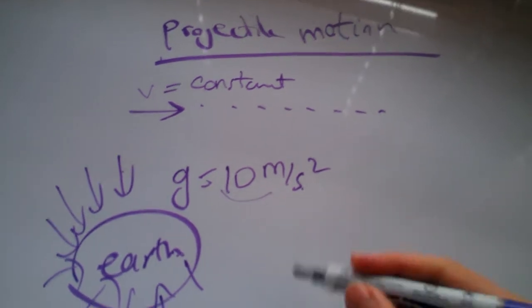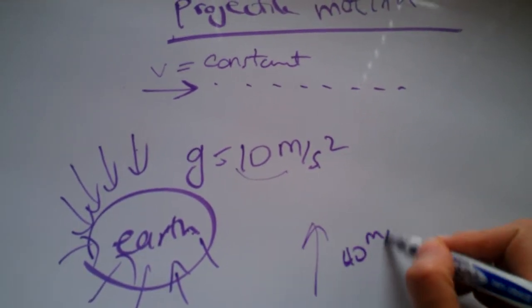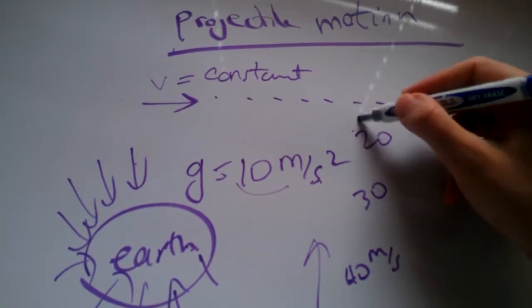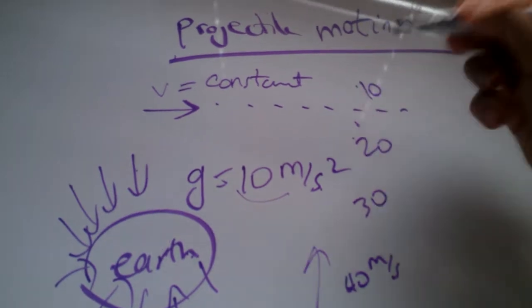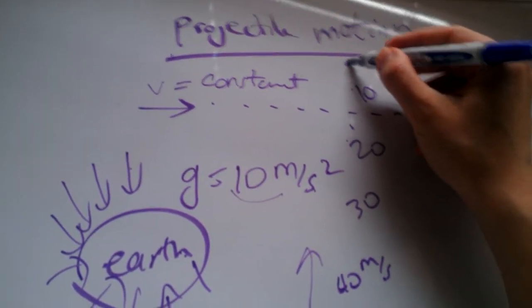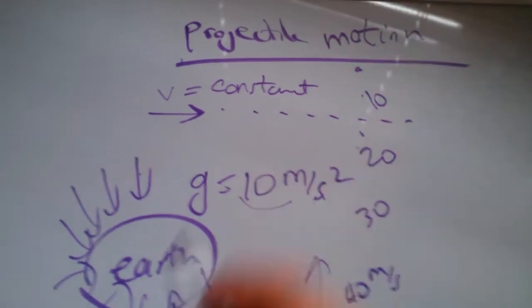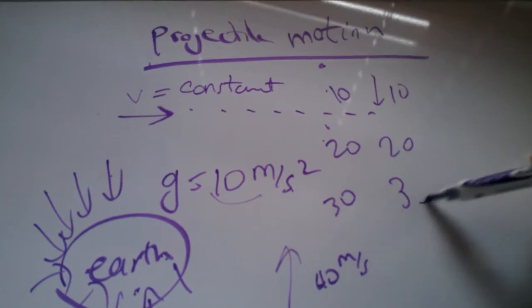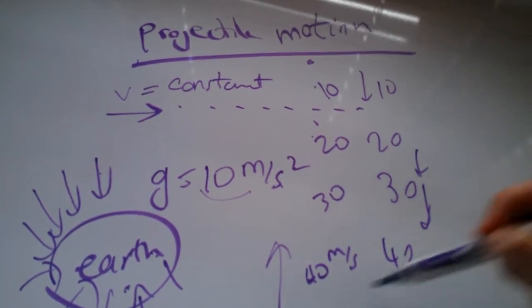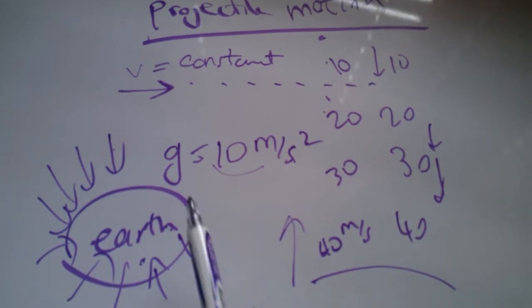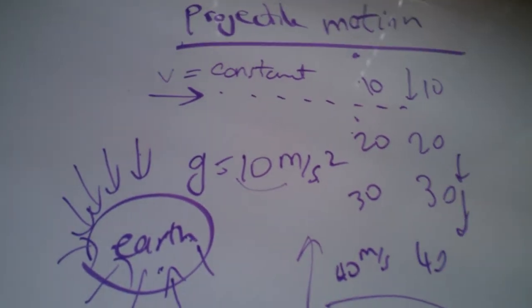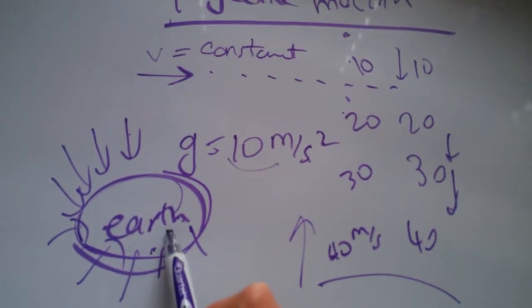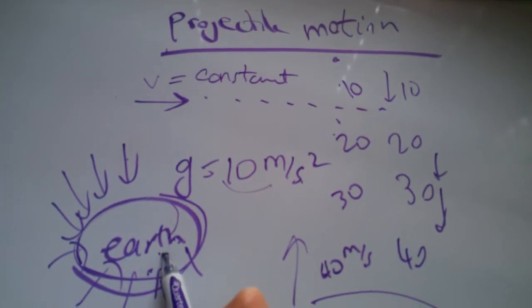meters per second. So if I throw something up at 40 meters per second, after 1 second it becomes 30, second becomes 20, third second 10, fourth second it stops, the velocity is 0. Then because of Earth, it moves backwards by 10, 20, 30, 40 backwards till it hits the ground again. So this is a free fall motion, and basically this is the interference of Earth on the motion of